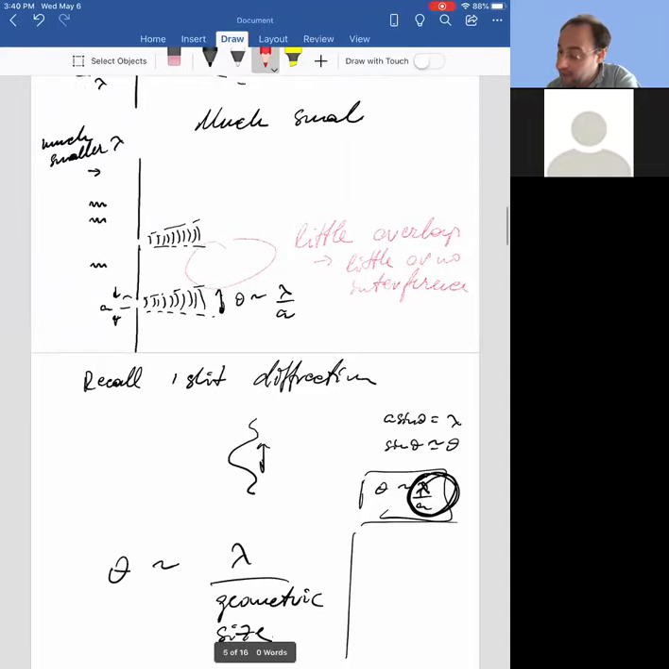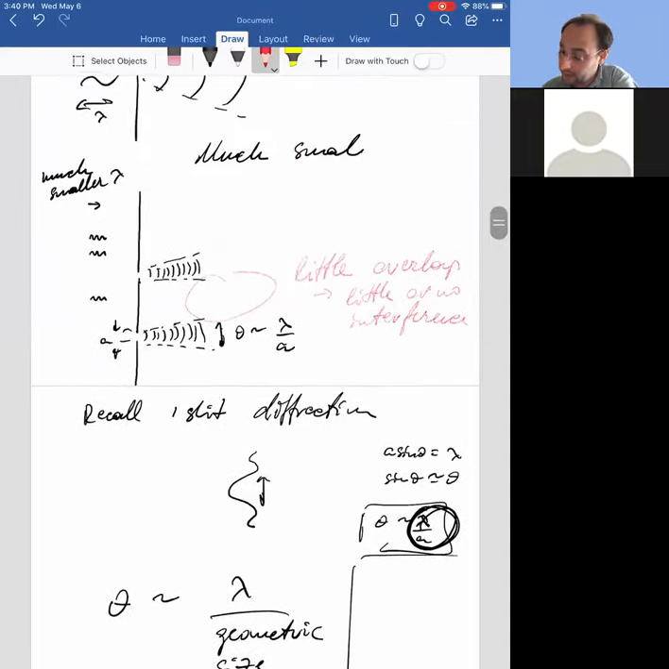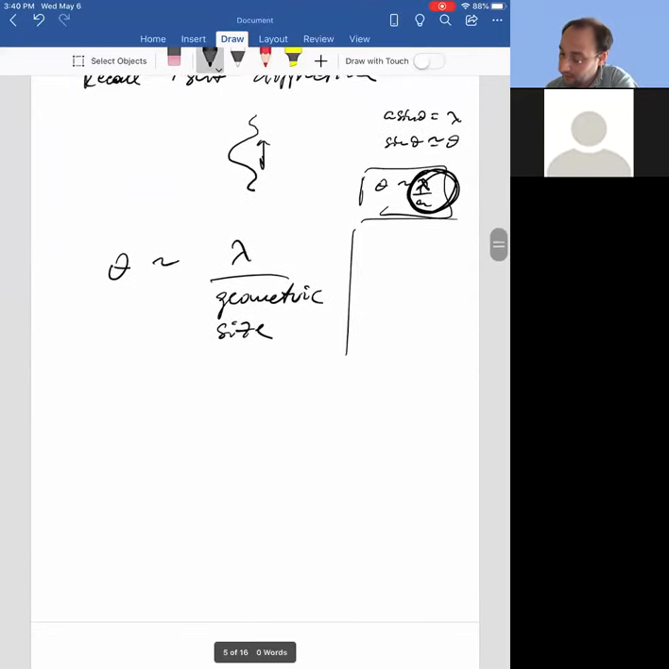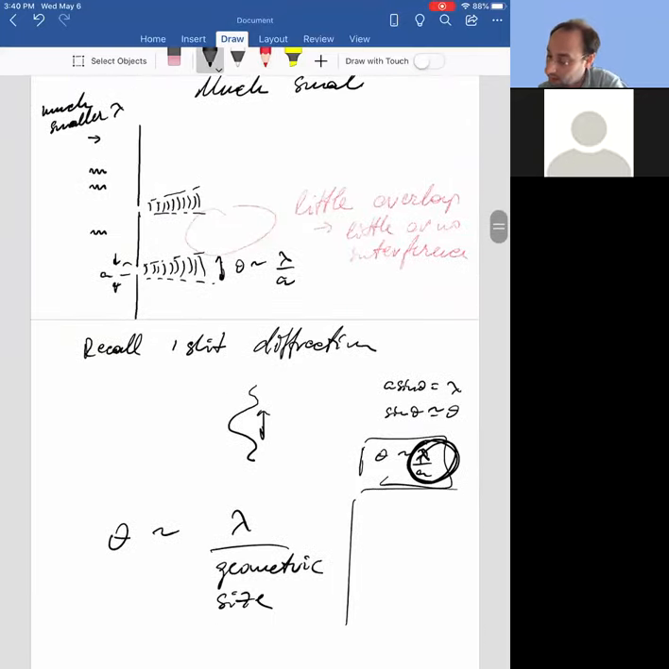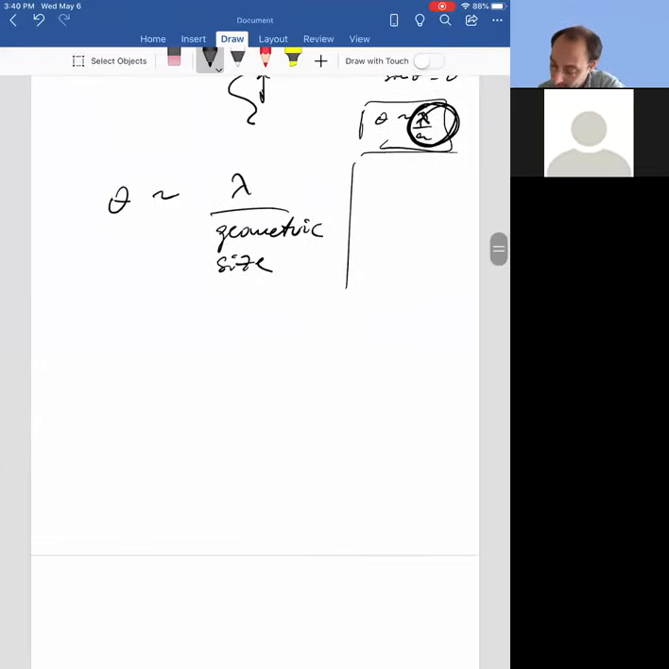And now if you put a screen here, you will not get fringes. You will just get two bright spots, like you shoot two laser beams, right? So you shoot very small waves,